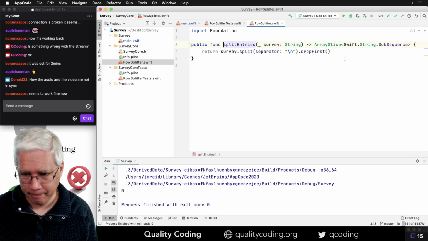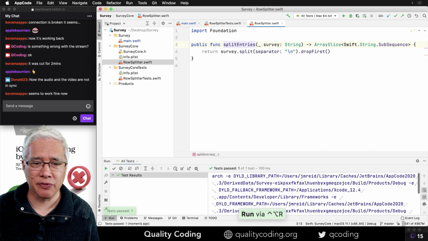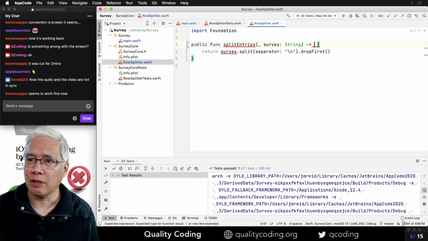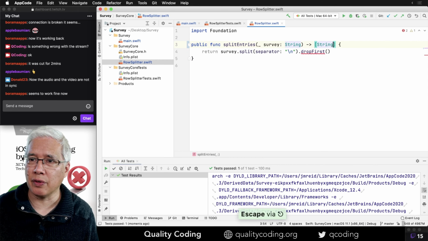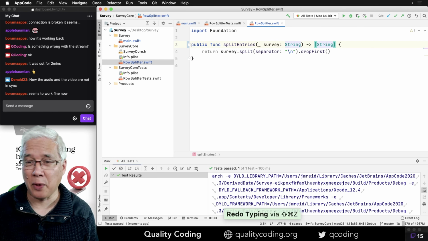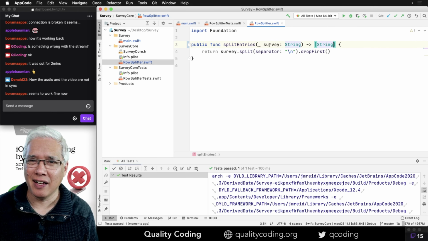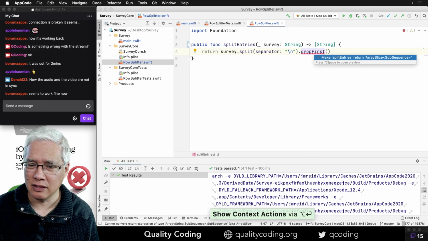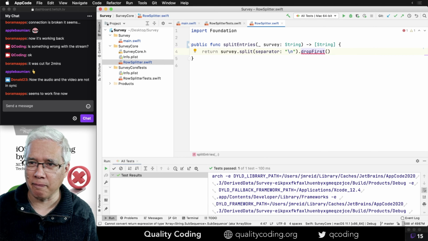Let me try that. Go back to test for a second. If I say this is going to be an array of strings, then how do I convert the old type into the new? Help? Anybody? I am not sure what's going on.